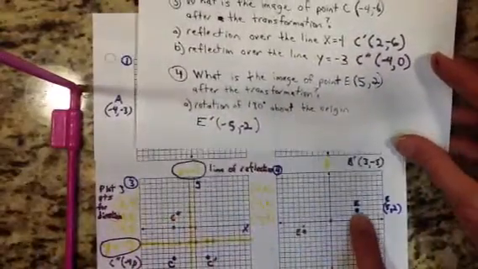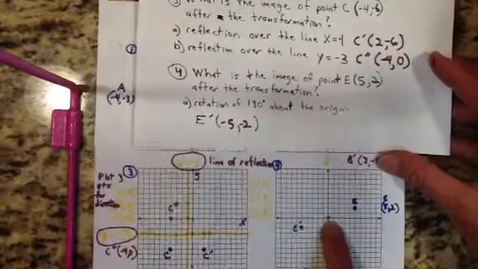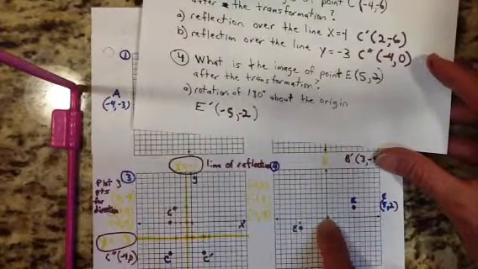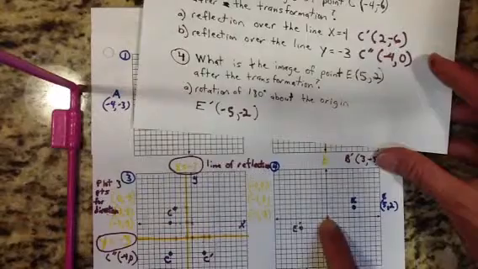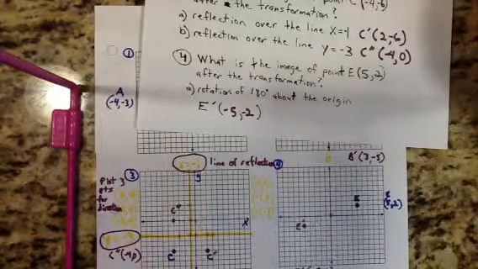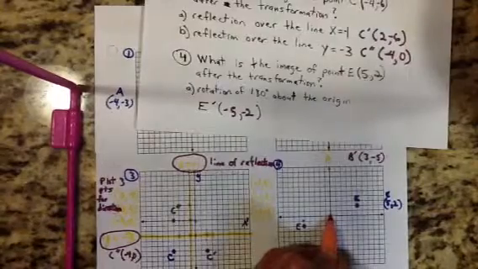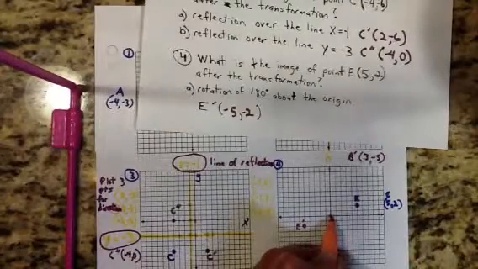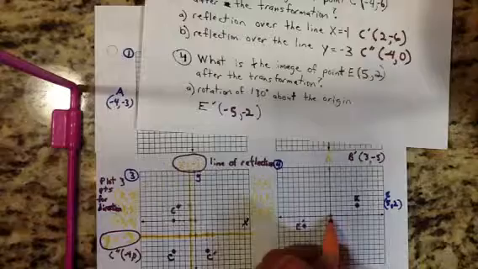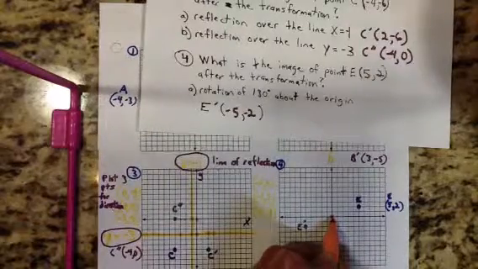So I plotted my original point, which is, to do a rotation, it's easiest to start at your center of rotation. After you've got your points plotted, then start at your center of rotation and